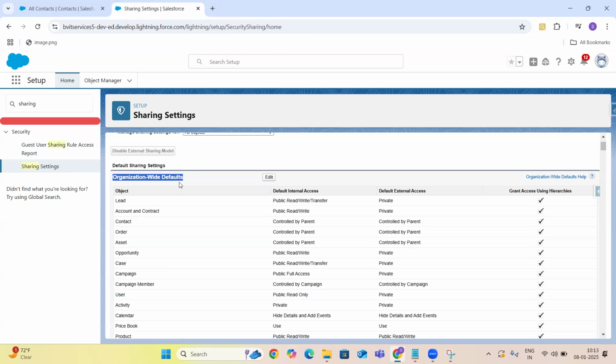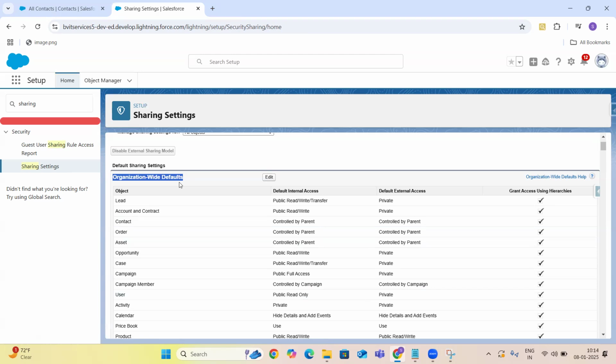Some people will ask you, have you worked on org-wide defaults? Can you explain the org-wide defaults? Or, can you explain the OWD which is present in Salesforce? So OWD is the shortcut keyword, and org-wide default is the full form.